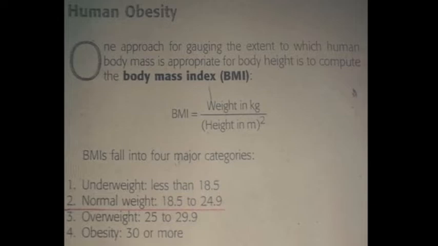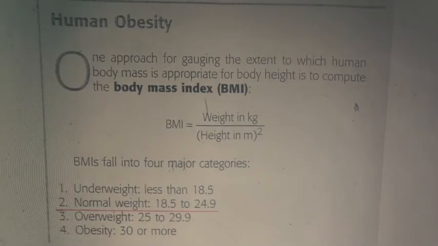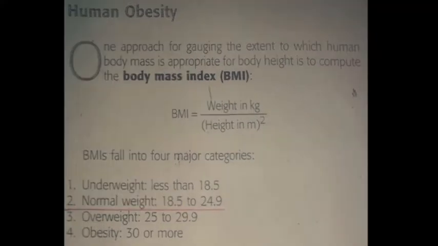This is the body mass index: the weight in kilograms divided by height in meters squared. Body mass index falls into 4 major categories. Underweight is less than 18.5. Normal weight is between 18.5 and 24.9. Overweight is between 25 and 29.9. Obesity is above 30. And this is the body mass index, indicating normal weight or